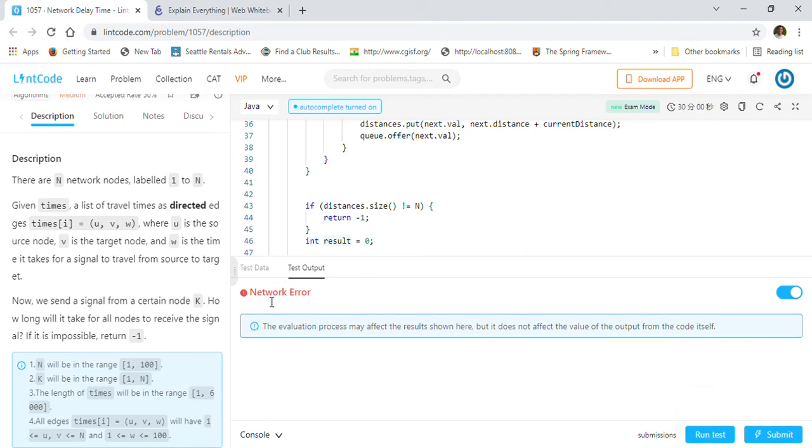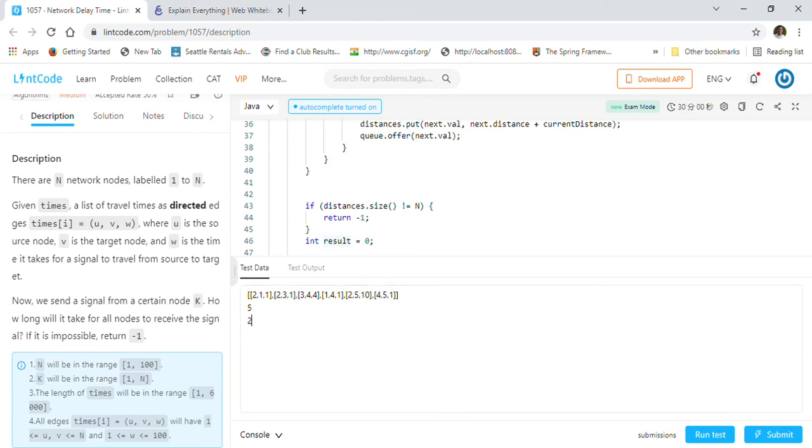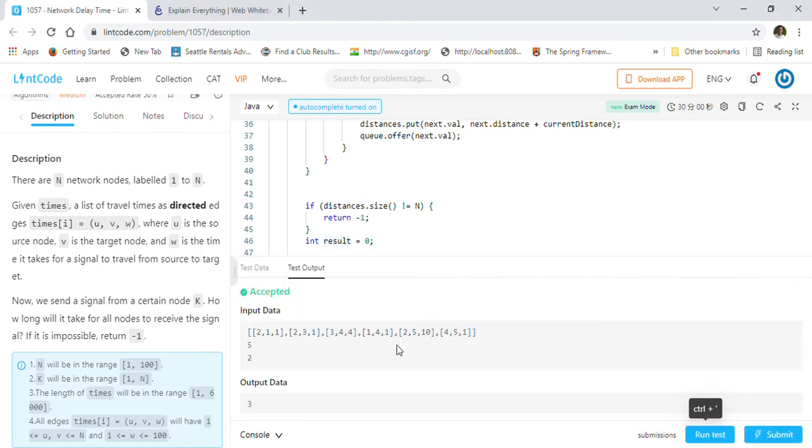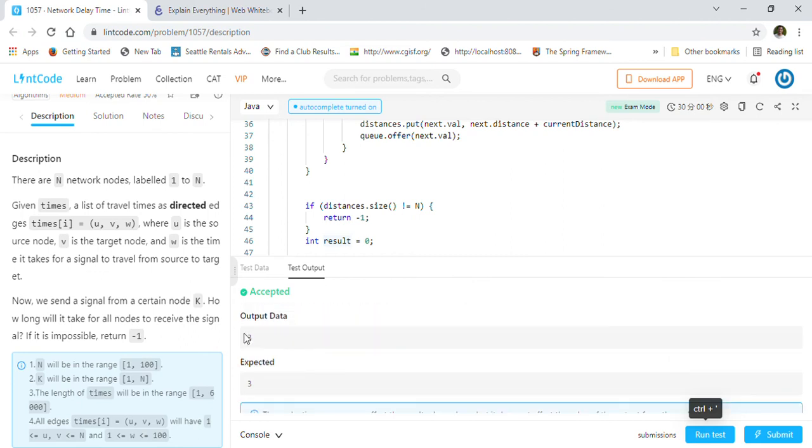I don't know why the network error is coming. Let me try again. Yeah, okay, now it is working. There was some network problem.